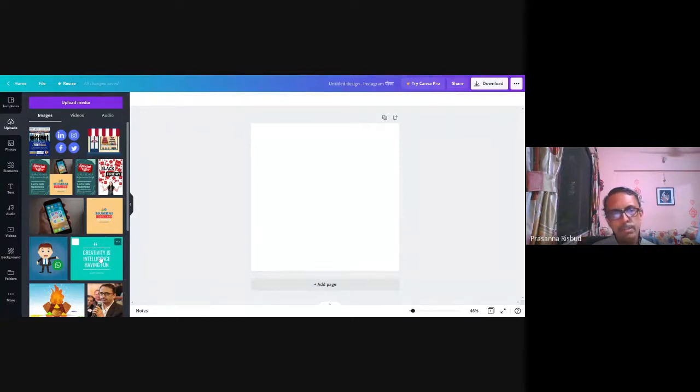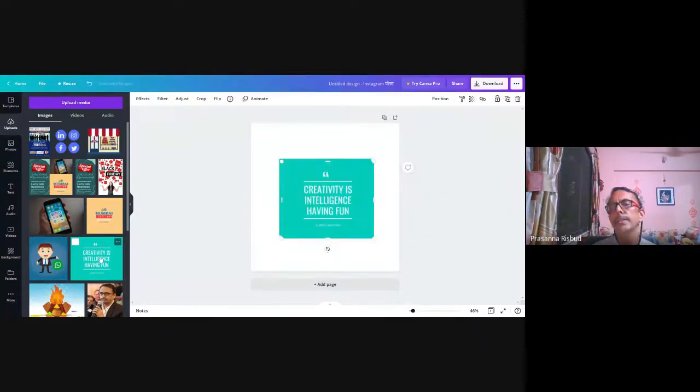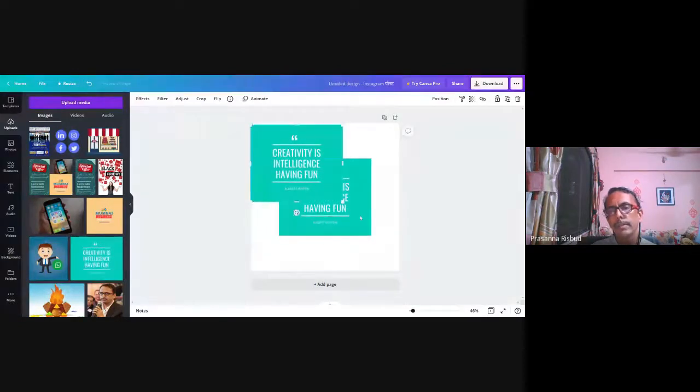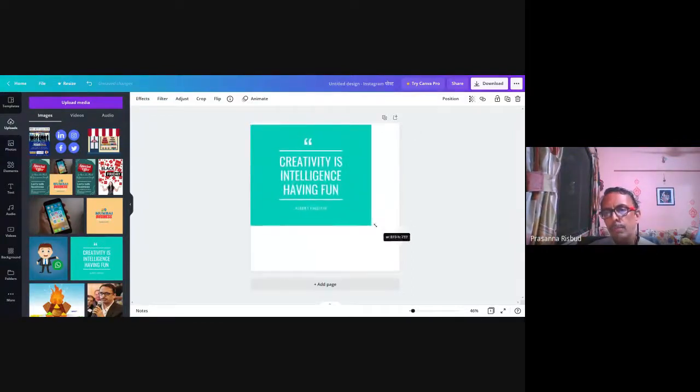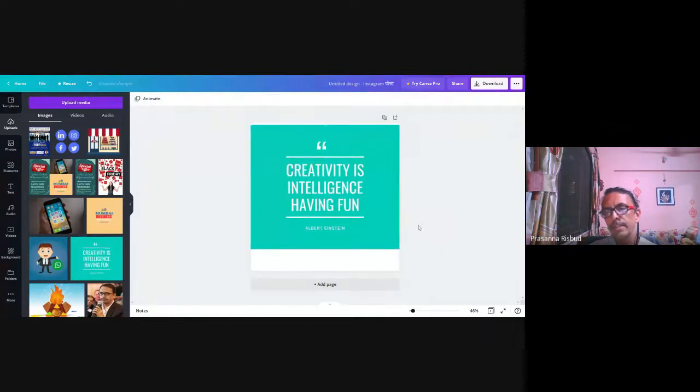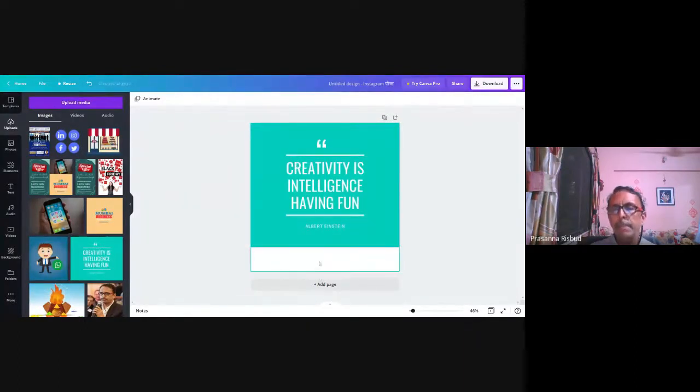Now this is uploaded already, so I just have to click on this image. It will appear in the center. Now hold this image in the center with your mouse and drag it to the corner. It's duplicated, so I delete it. Now hold it from any one corner. This corner, obviously, because I'll have to drag it down. So I hold it from the corner and drag it down. You can see it is not fitting in exactly. In Facebook, this design was perfect, but now in Instagram, with this design, you are having blank space below. So this is the difference. You can't just copy one design and post it on another.